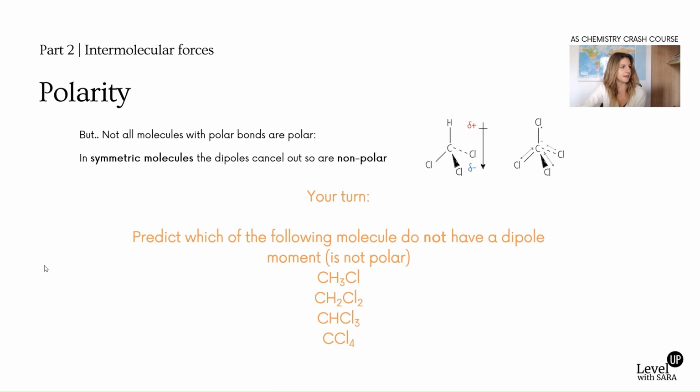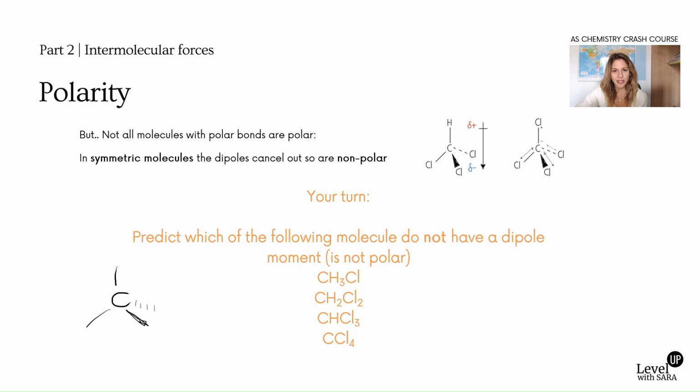So we need to predict which of the following molecules does not have a dipole moment. The key thing will be to draw them out. And this will become easier when you get a bit more confident with the shape of the molecule, if you're not already, because we need to draw them out. So we're talking about carbon with 4 bonds. So we know that this is going to be the shape always. And we will see it in a moment, but it's tetrahedral shape. So it's like this. I would suggest you learn how to draw the three-dimensional structure because this helps in